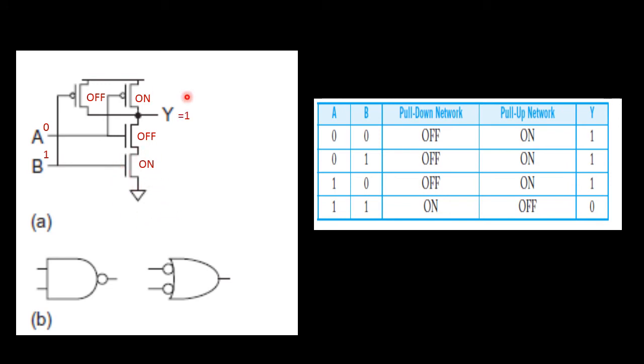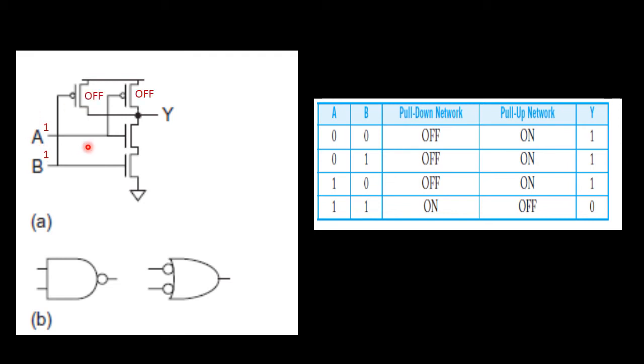Therefore the output Y value is equal to 1, because this transistor is on, so we will be getting a conducting path from VDD to output here. Therefore Y value will be high, it is equal to 1. Then next case 1, 0. At that time the first PMOS transistor is on and the second PMOS transistor is off. Then the first NMOS transistor is on and the second NMOS transistor is off. Therefore here again you will be getting the output as 1 because there is a conducting path due to the first PMOS transistor. Then next case 1, 1.